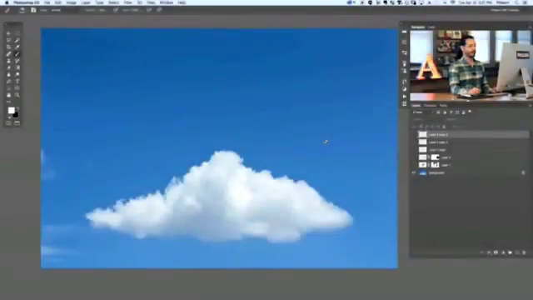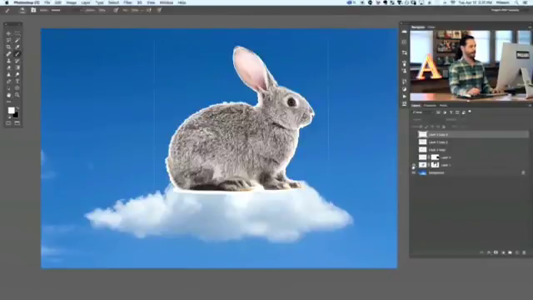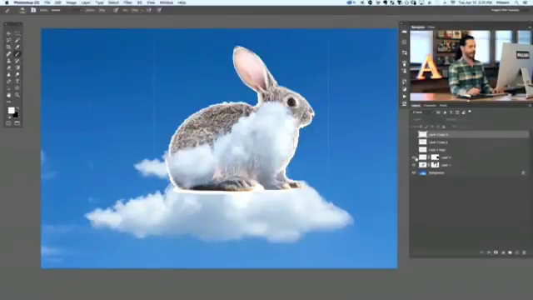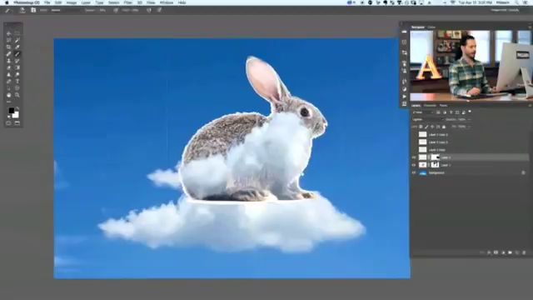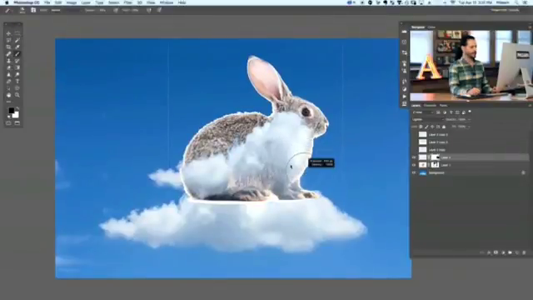All right, so jumping back into Photoshop, we're going to go ahead and make our bunny visible, and then we've got our clouds here on this layer. And remember, what we want to do is create a realistic edge for our clouds. So we're going to paint with our new brush tool to create basically the edge of our bunny. So as I paint here, basically it's just going to fill this area in with an area that looks like clouds. So instead of just giving it an unrealistic edge,